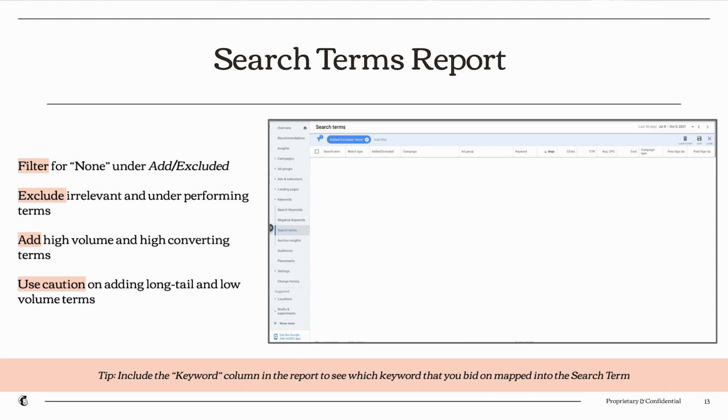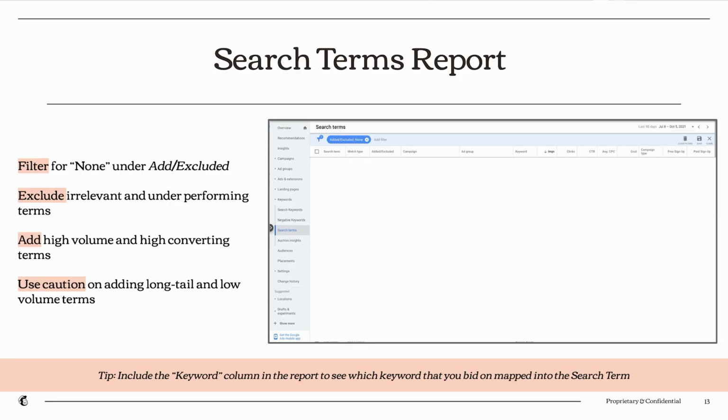I would also use caution. You'll find that there are a lot of unique long tail keywords that have low search volume that you're mapping into. Some of them might convert, but probably not that often. As a result, I tend to keep those in the account, but I don't necessarily add them or exclude them. The reason being is that it's low search volume, so after a while it's possible that this no longer triggers an ad, and I don't feel it's necessary at that moment to add it into the account until I start to see search volume start to pick up.